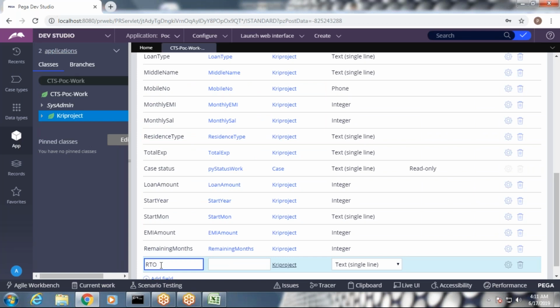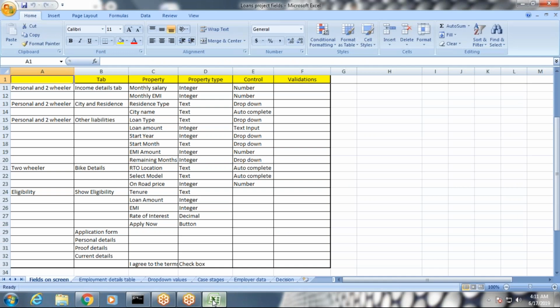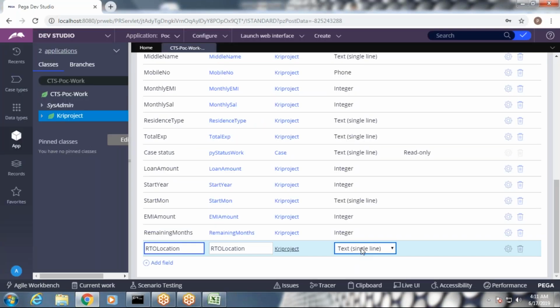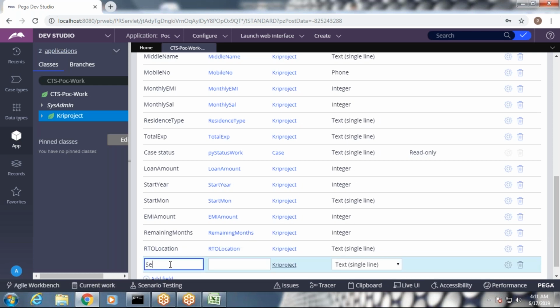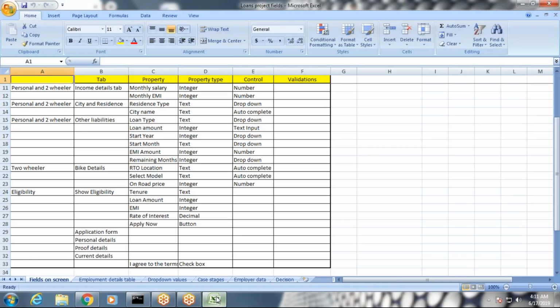Okay, RTO location. RTO location is text only. Select model also text. On-road price is integer.